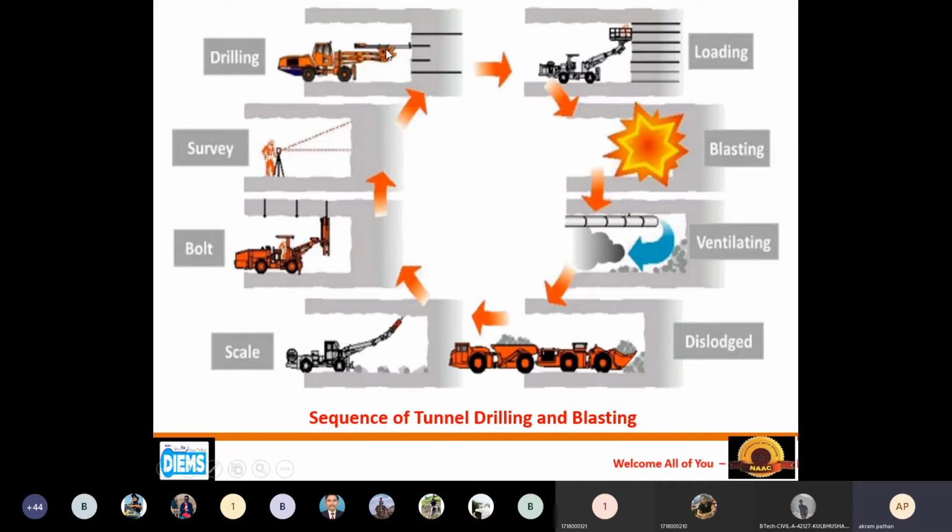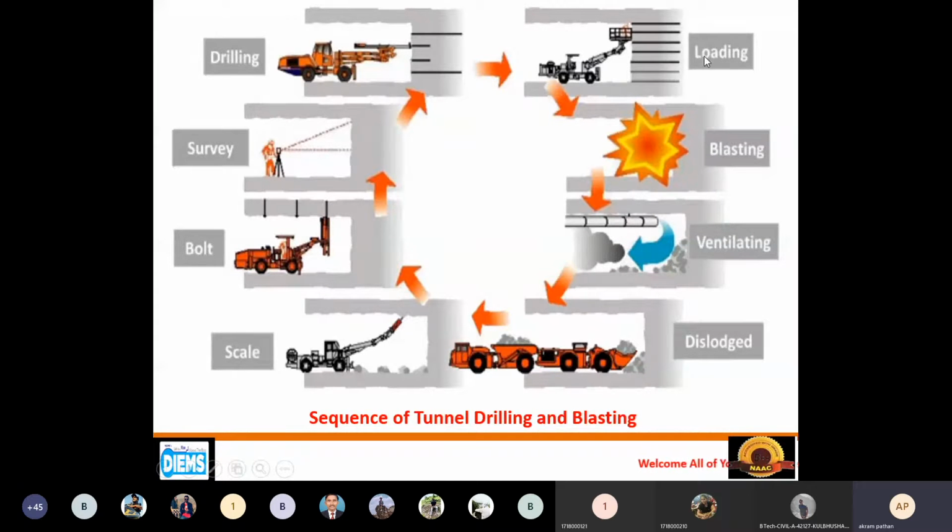So the most important thing is the selection of the equipment. As an engineer for tunnel construction, we should know which type of equipment we are going to select for the purpose of drilling. At this stage, I would like to mention some important circumstances while selecting the type of machinery. If the rock is igneous or metamorphic, or basalt, you can say very hard rock, then depending upon that, we have to select. We have seen the different types of drilling and blasting technology in the previous three lectures.